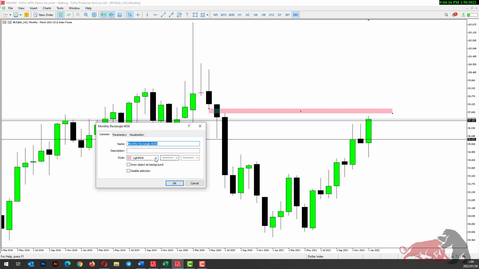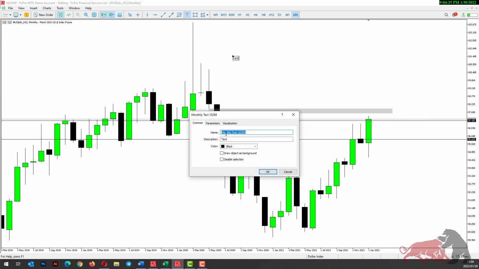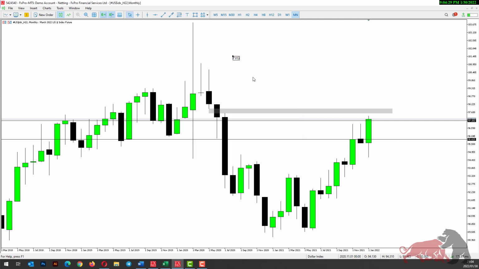I'm going to change this color. Need a grayish, light gray, almost does it well for me. So we've got a fair value gap right here, right? We've got a fair value gap on the monthly chart, and I'm expecting price to fill up this gap